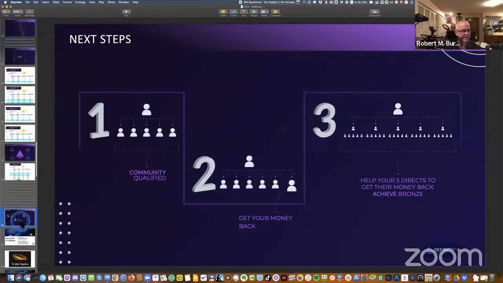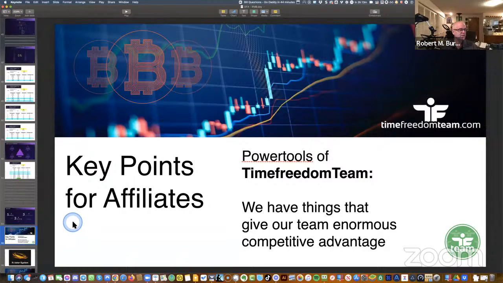It's that simple. Now, what I'm going to show you real quickly here, just to touch on this, is if you are interested in really taking your team to the next level, taking your business to the next level, we have what we call power tools. Power tools are